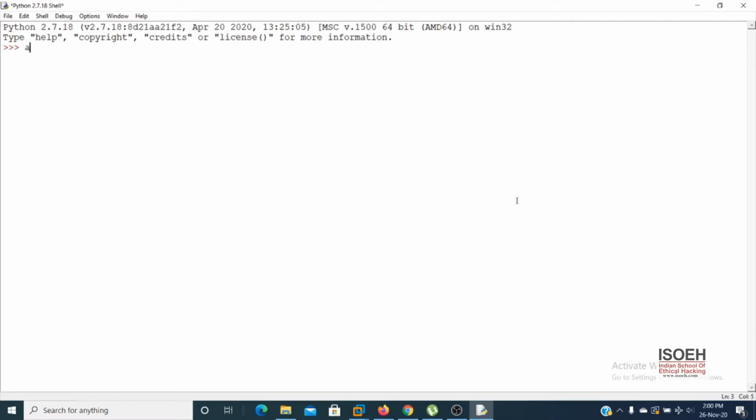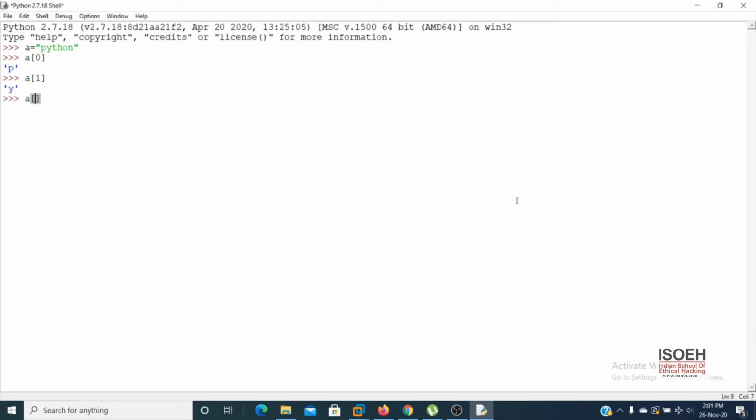So first of all, I'm taking a variable. If you know, in case of Python, you don't need to mention any data type, so I can directly enter a equals "python", so it's a string. Now I can access each and every letter using a simple number. That means if I number it, p is 0, y is 1, and t is 2, and so on. Then how to access them one by one? You can use square brackets. You can put 0. 0 means the first position. a of 0 is p, so I can access only the p using this, and it is called string indexing. If I use a of 1, it is y, and so on.